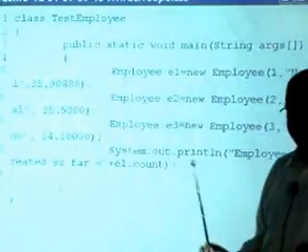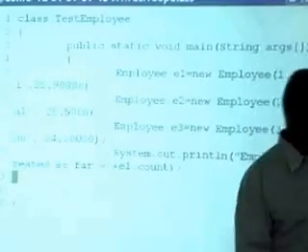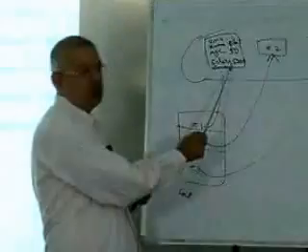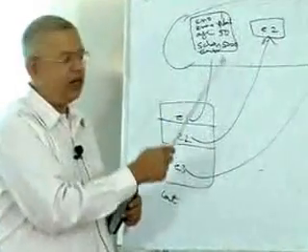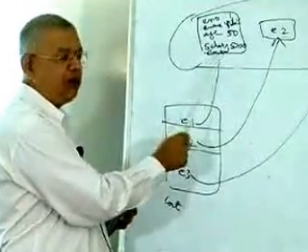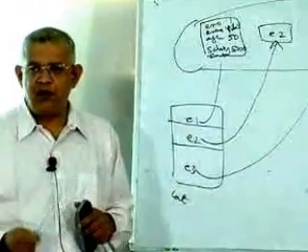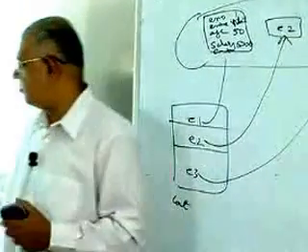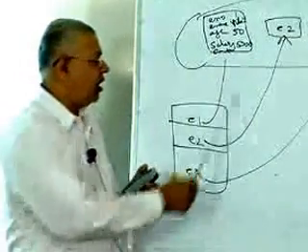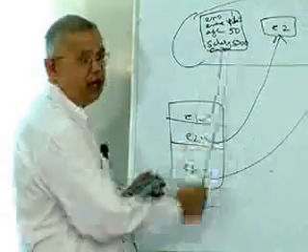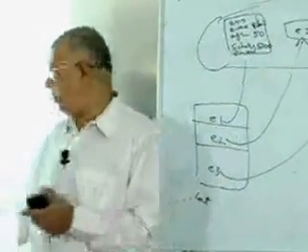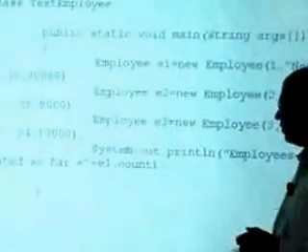So I've written a program. Now let's just summarize. In my employee class, I have a count variable which is initialized to 0. It is going to get incremented. What is the reason I'm going to put this count variable? I want to count the number of employees which are created so far. So every time an employee is getting created, I am incrementing this count variable. And now I want to print by saying E1.count what is the value of the count variable.